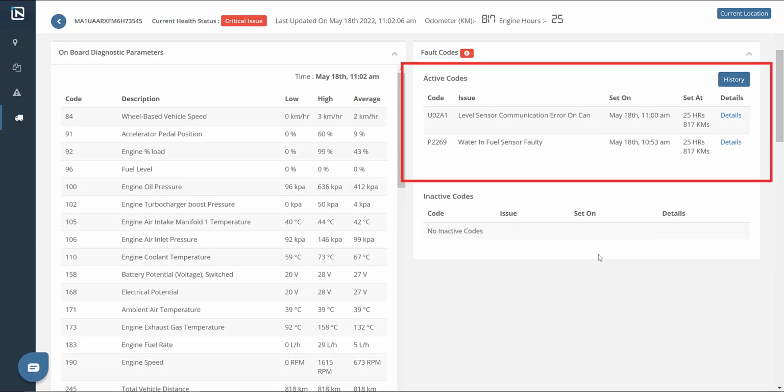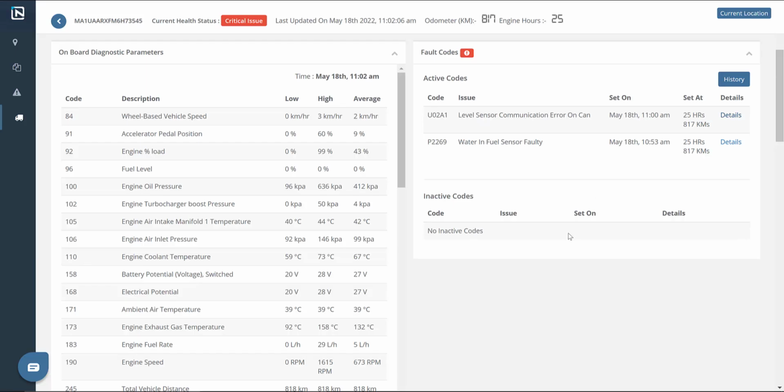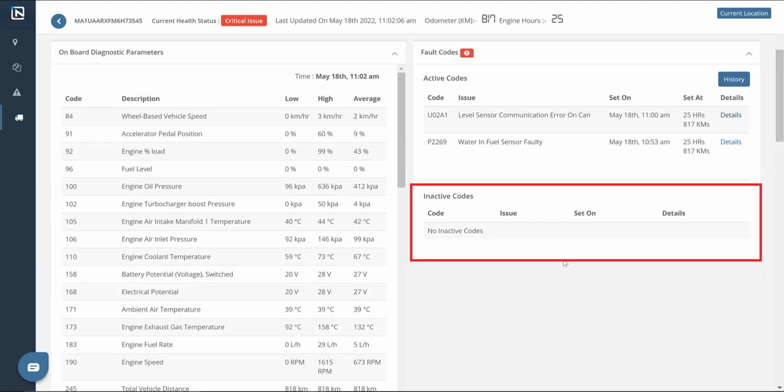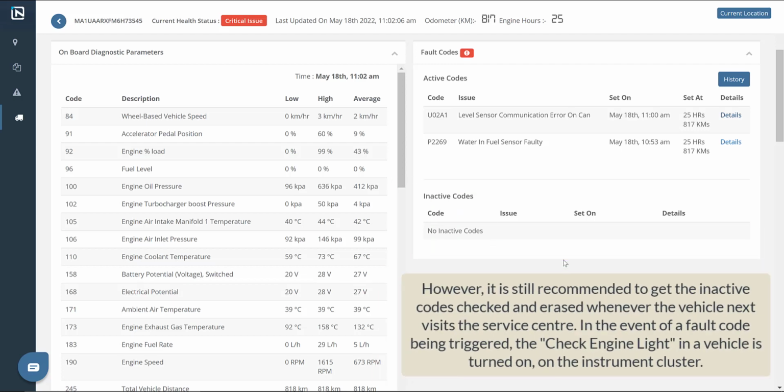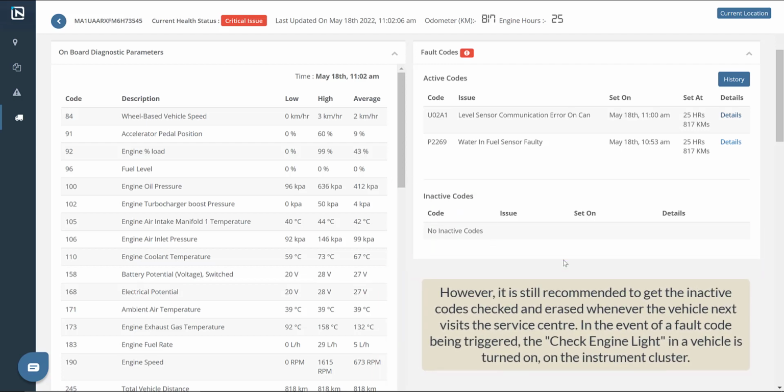Under the fault code section, we have active and inactive codes. Active codes are codes that are currently live on the vehicle, whereas inactive codes are the ones that have automatically healed. However, it is still recommended to get the inactive codes checked and erased whenever the vehicle next visits the service center. In the event of a fault code being triggered, the check engine light in a vehicle is turned on